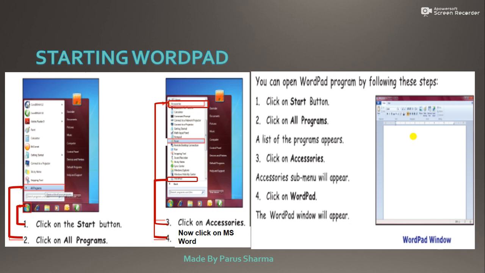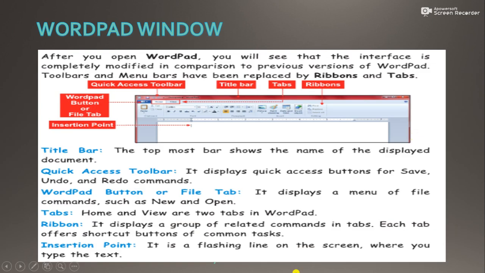It's a WordPad window which has a workspace that is a white area with a frame around it. When you open a WordPad window, it has many parts. First of all, at the top there is a title bar. Then we have a quick access toolbar which has shortcuts of some commands like undo, redo, save and many more. Then on the title bar again we have three buttons: a close button, maximize button and minimize button. Below the title bar we have a ribbon.